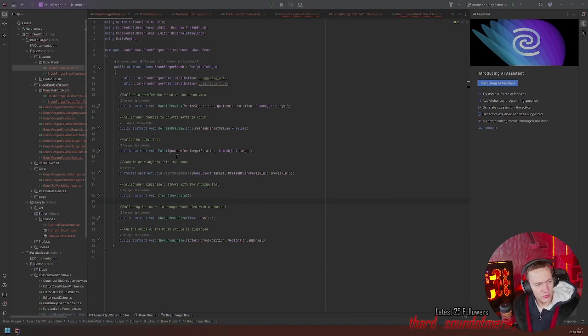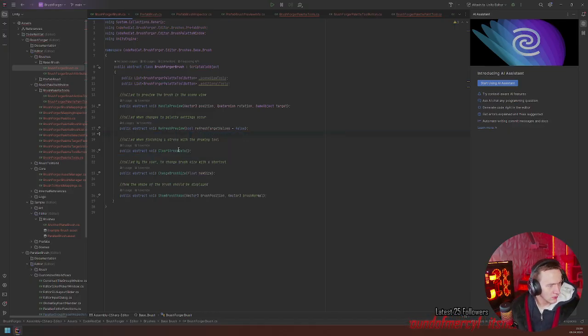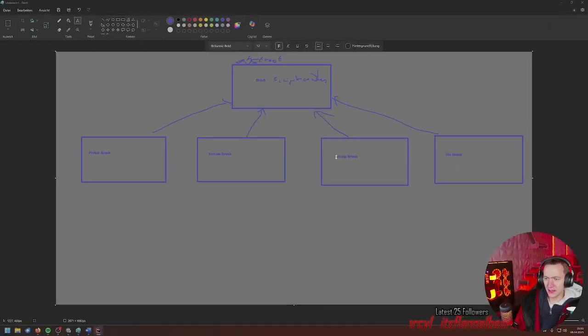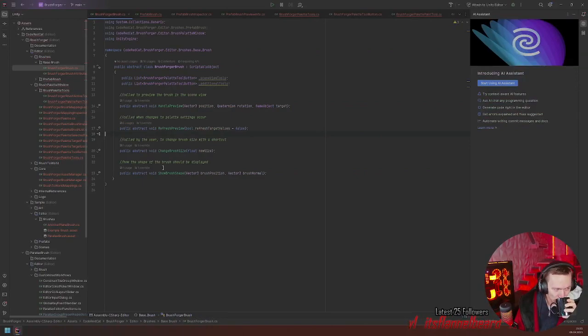And what they do not have in common is a paint function. Yeah, they don't have a paint function. Do they all have a brush size? Yes. Oh, for the tile brush? Yeah, then it has.